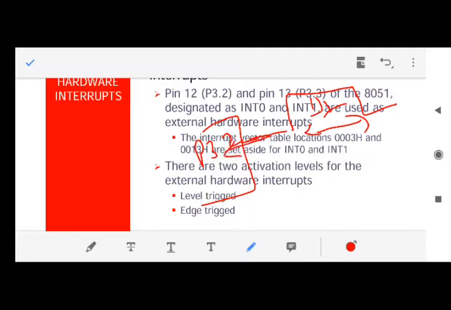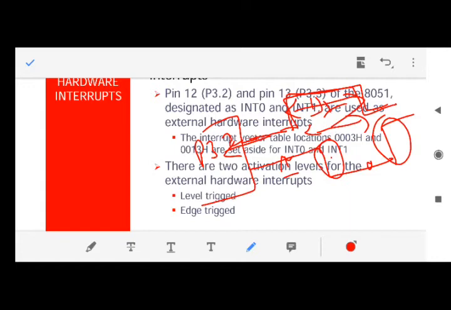And if we are taking it as edge interrupt, edge means there should be a change either from 1 to 0 or from 0 to 1. So it will check whether there is a change in level or whether a particular level is maintained for some time. If a particular level is maintained for some time, then it is a level triggered interrupt.